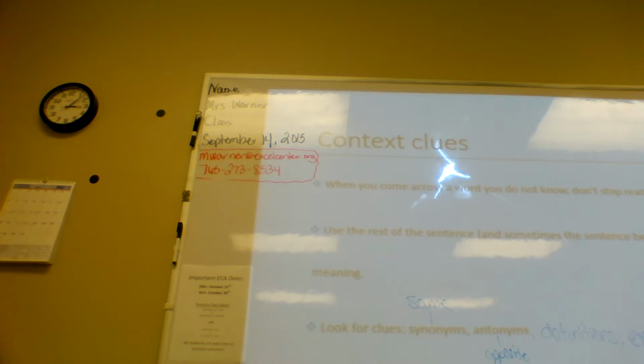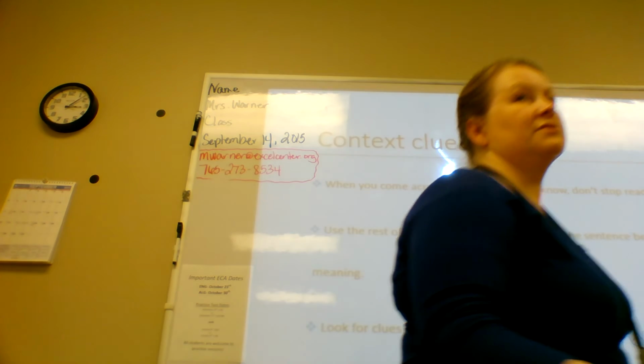The more words that you know, the easier it is for you to figure out words and the meanings of words. When we look at the piece today, most of you will probably be able to catch on to at least one of those words fairly quickly and easily. There are a couple of words that are a bit more difficult. Some have context clues. Some, my students in second period, they were using prefix, root, and suffix strategies, which we're going to talk about later this week. And it's essentially dissecting the word to figure out the meaning of it. And you're going to see that today. All right, any questions over context clues?